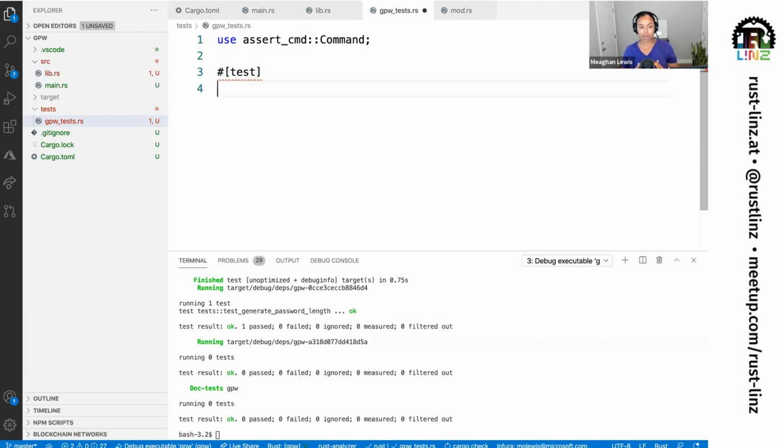Something that I should call out is with integration tests that are already in their own test directory, you don't have to worry about using that cfg command to specify that this is a test and make it a specific module, because it is already in its own directory. It's pretty much only going to be run and compiled when you call cargo test anyway. So let's go ahead and write a quick test function so the test program executes successfully.